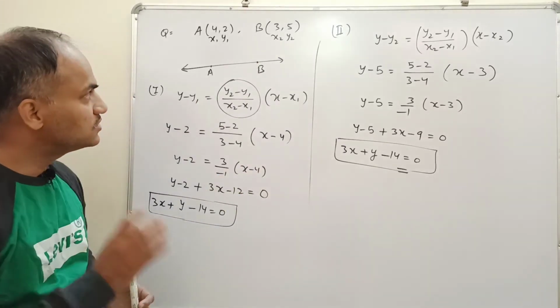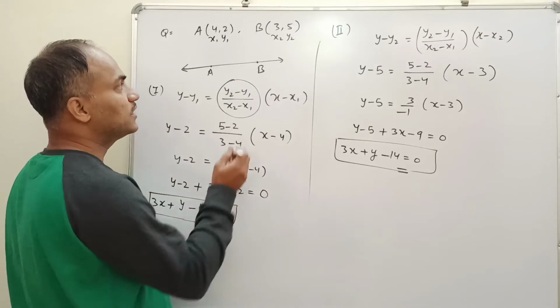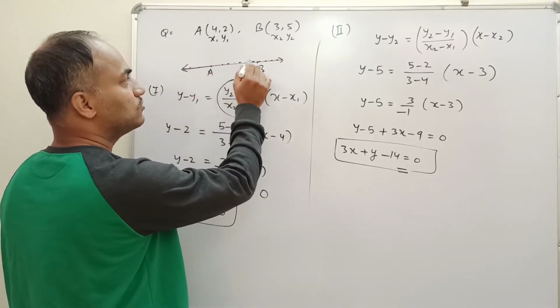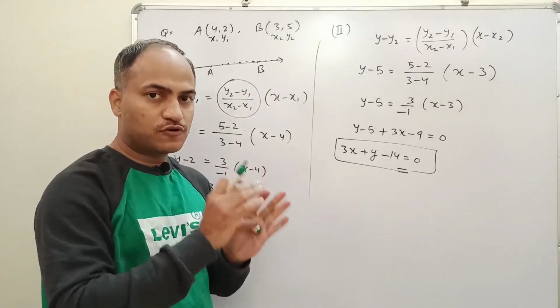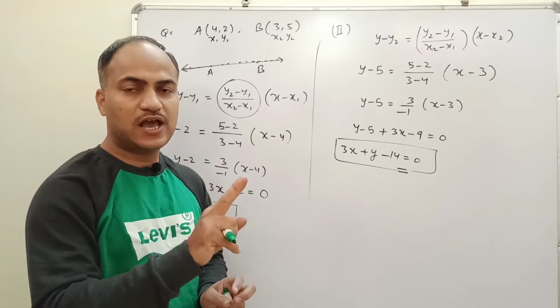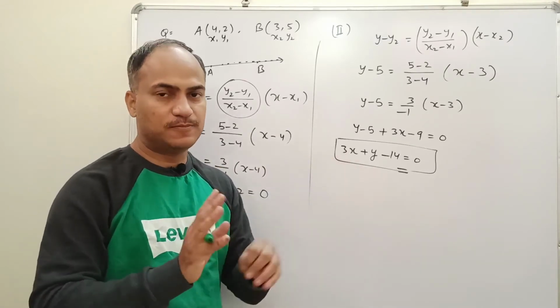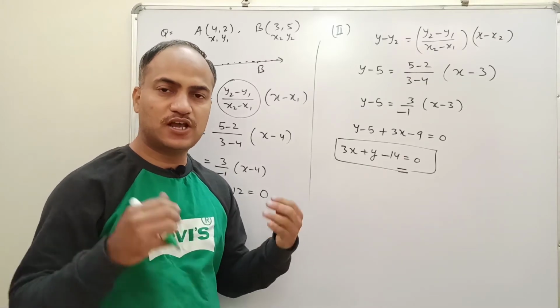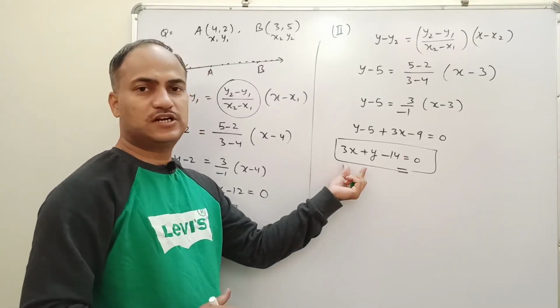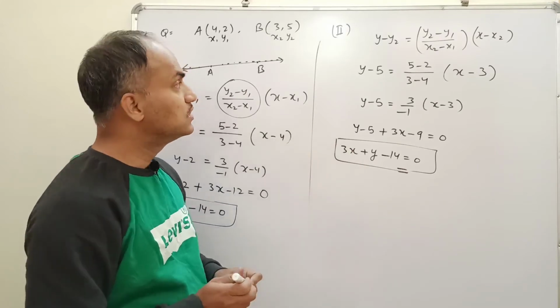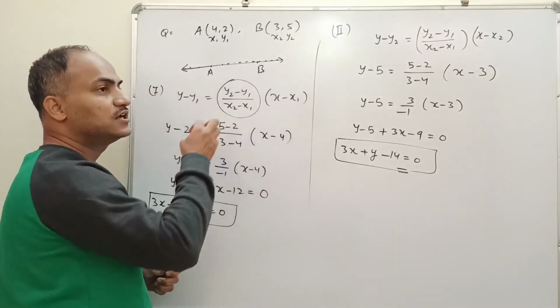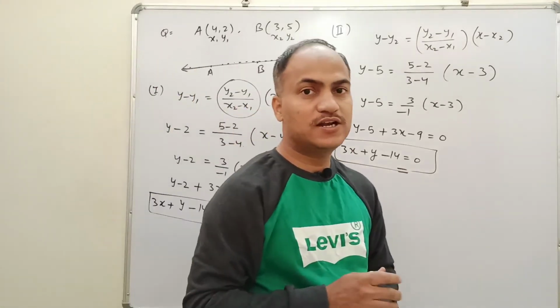This is actually the concept of a straight line. There are infinite points on this straight line. From these infinite points we can take any 2 points and we will get the same answer every time, because the equation of one straight line remains the same. It cannot be changed.